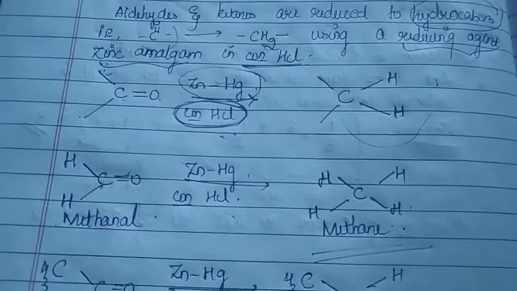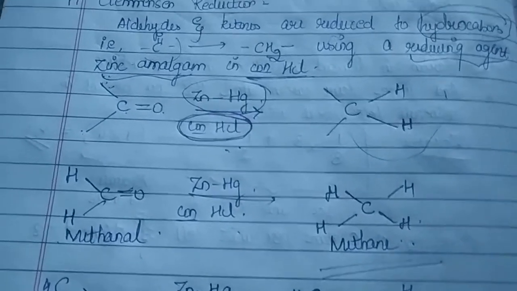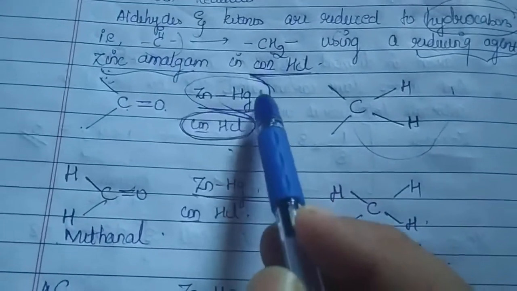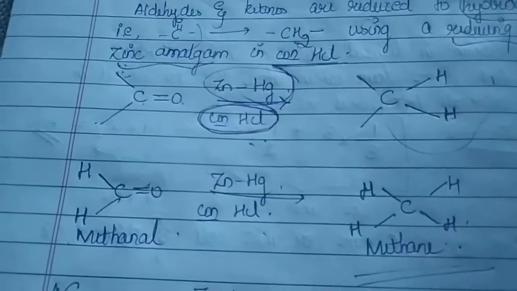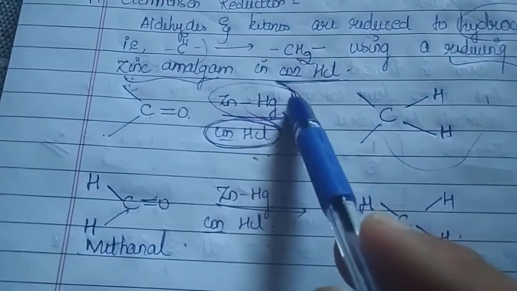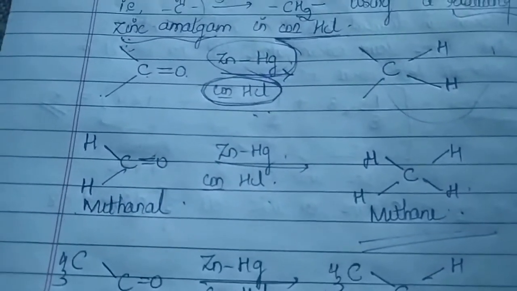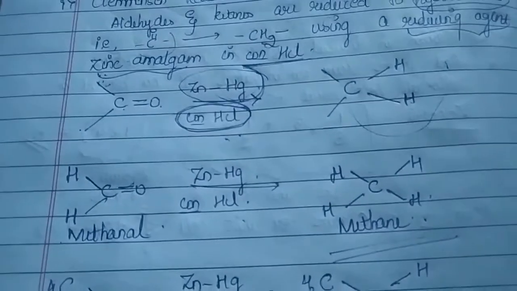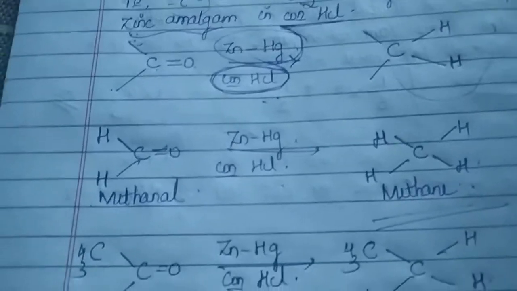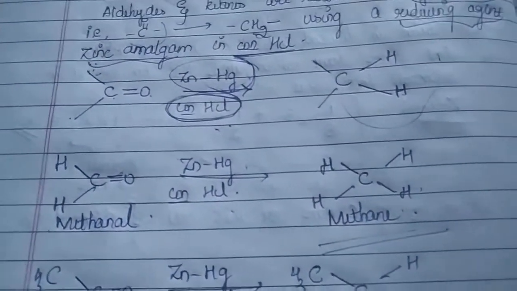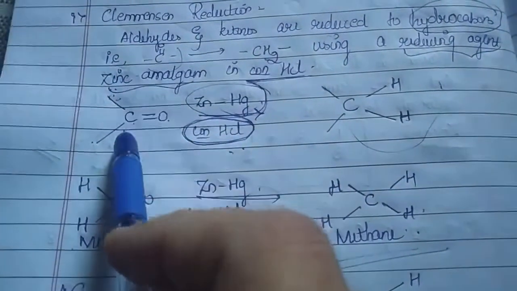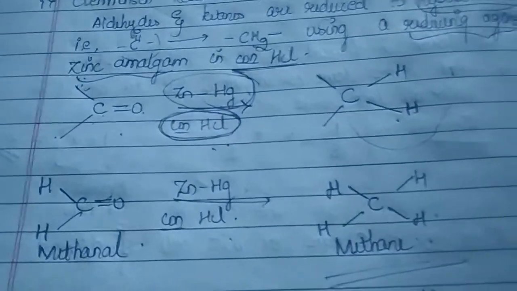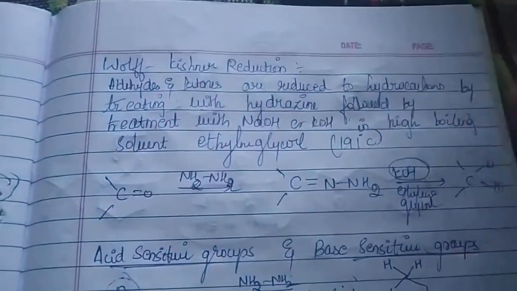In order to trap that hydrogen and make it available for the reduction, the amalgam plays a vital role. That is your mercury. A metal with mercury is generally called an amalgam. The major tendency of mercury is trapping whatever hydrogen is getting evolved, so that hydrogen can be used for the reduction of your carbonyl compound. That is the reason instead of using just zinc, we are using zinc amalgam in concentrated HCl. So whenever you use such a medium, your carbonyl compound gets reduced to hydrocarbons. Coming to the other part, the Wolff-Kishner reduction, there we are using a basic medium.